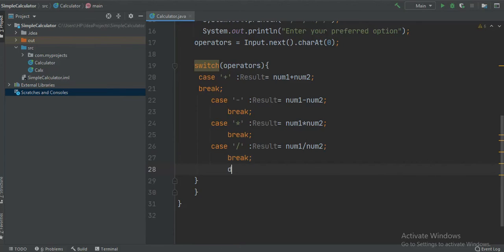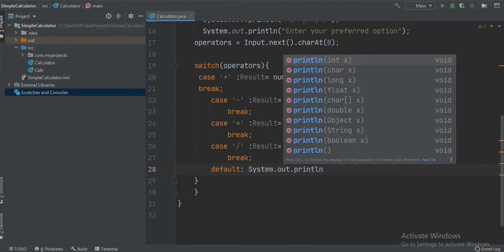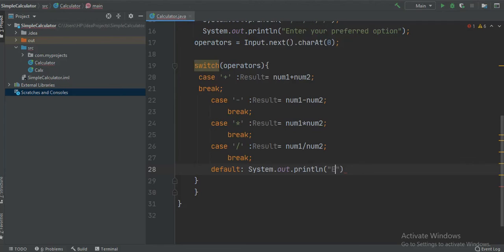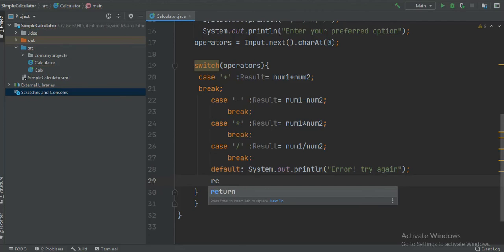To do that we can just say default, and the default message will be system.out.println, and let's say error, try again, and semicolon. So this is our default message, and let's return it.